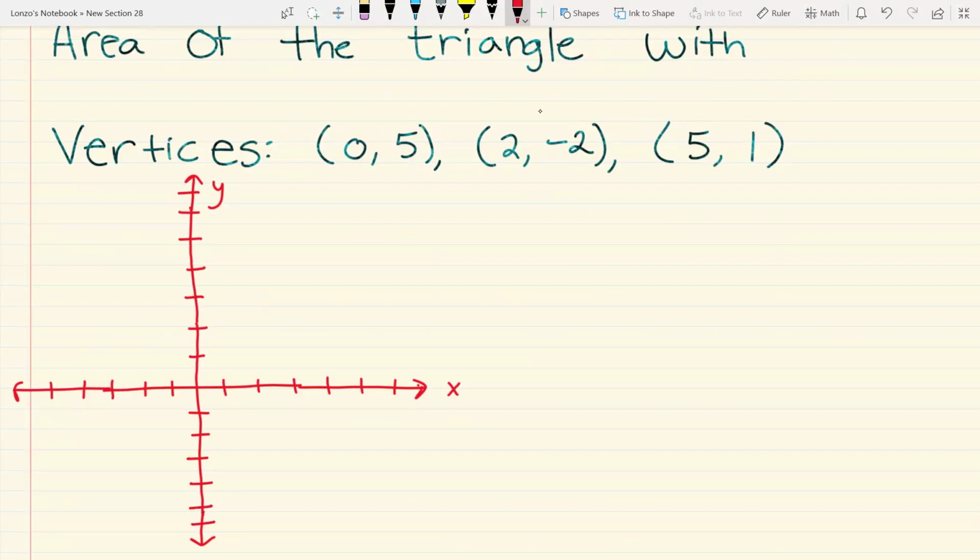Okay, so 0, 5 would be 1, 2, 3, 4, 5. Let's just label it 0, 5. And then the other one is 2, -2. And then the next one is 5, 1. Okay, so if you connect the dots,